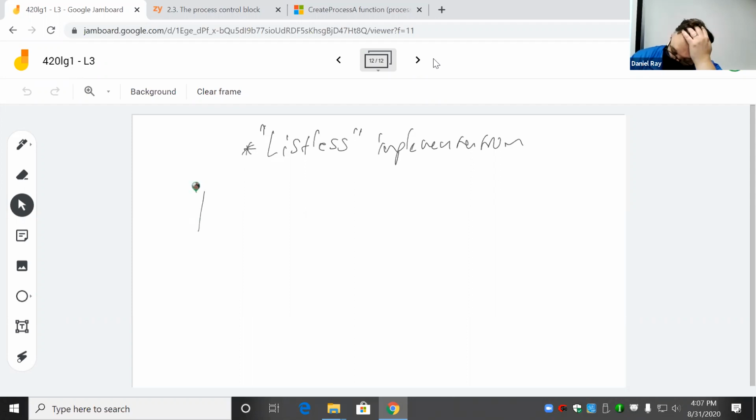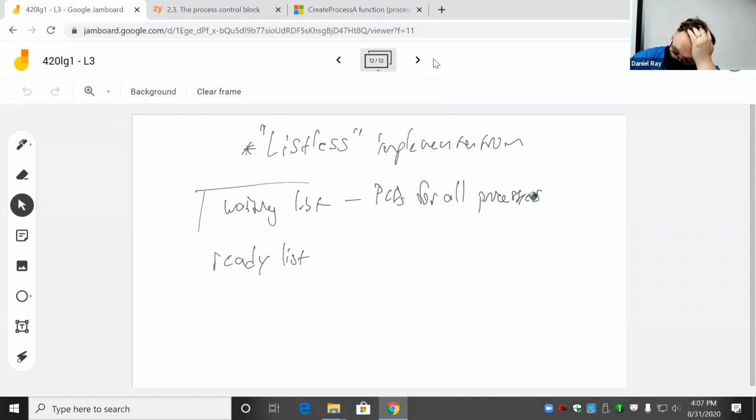So we also need to have what's called a waiting list and a ready list. The waiting list are the PCBs for all processes who are blocked. And the ready list are pointers or copies of, depending on how you want to implement it, PCB for all processes